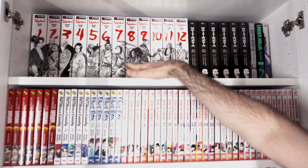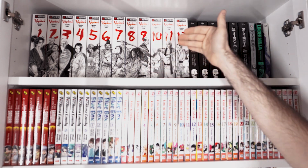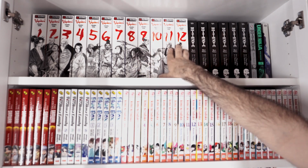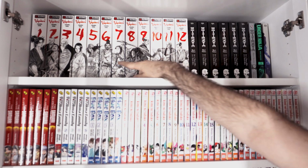No excuse for this. This is on my list to read by the end of the year, just from school as well as work and doing YouTube. It's a lot, and trying to catch up with just my current reading list, but this is on the short list to read, and my goal is to read this sometime this year to give you my thoughts on this. But man, this